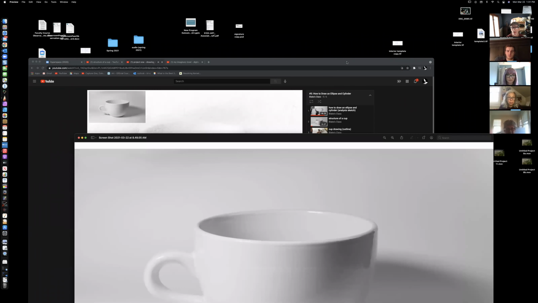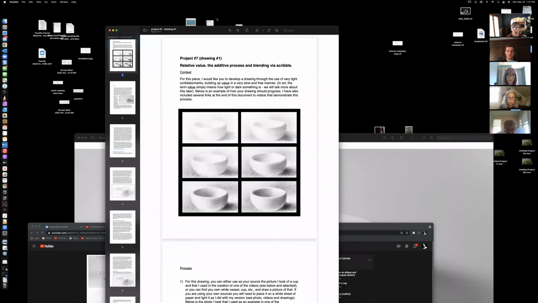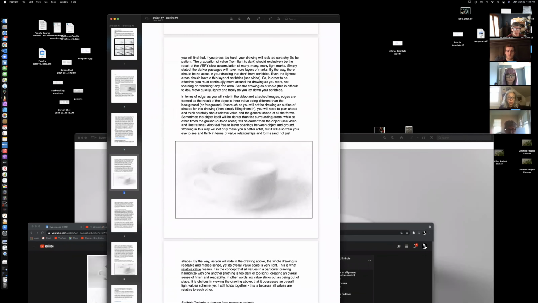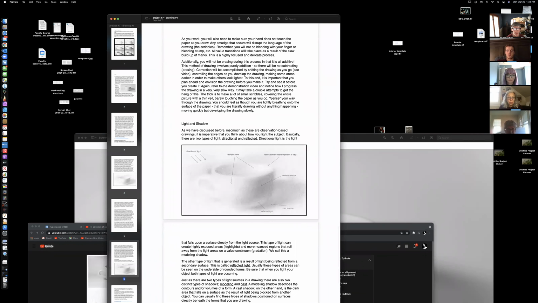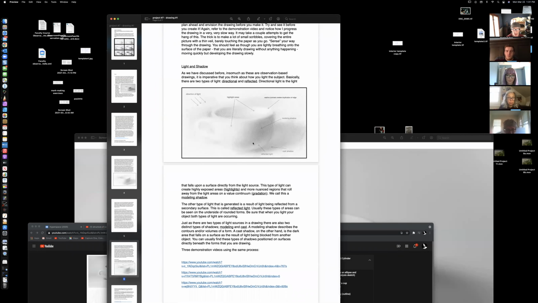I go into detail here. I'm not going to hold you to this one. So I talk about light and shadow and relative value, cast shadow,